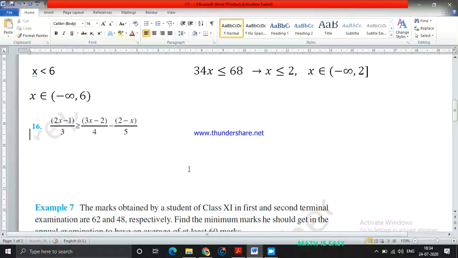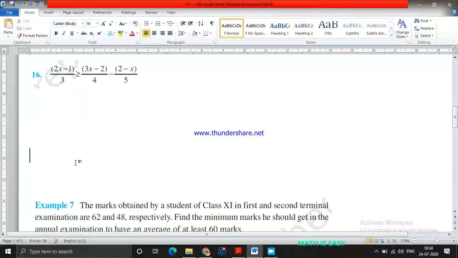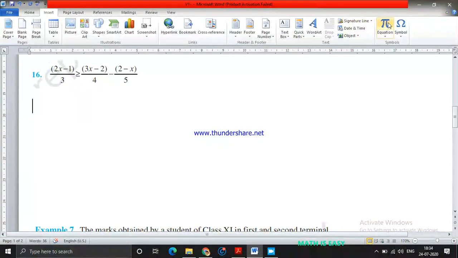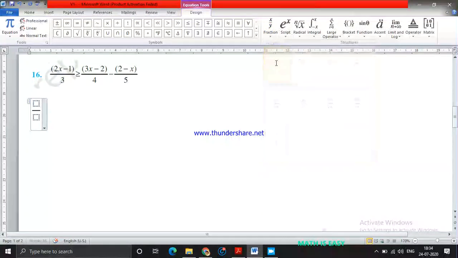Then you have question number 16 from the exercise. Let's see how we can solve this one. Let's insert the equation. First, keep the right hand term same. You have (2x minus 1) upon 3 is greater than or equal to, take the LCM in the denominator. 20 is the LCM, and here you will get 5 multiplied with this term, so 5 times 3 is 15x